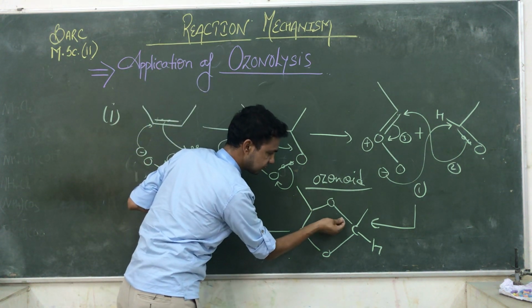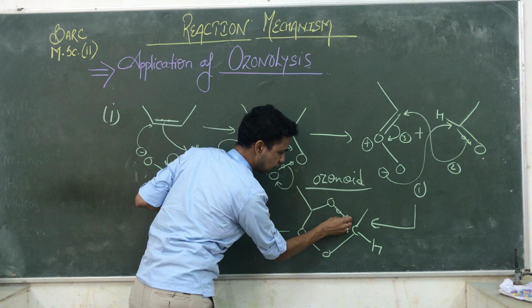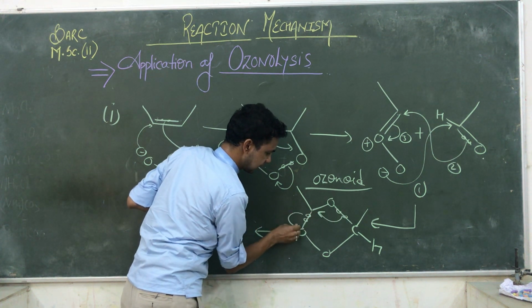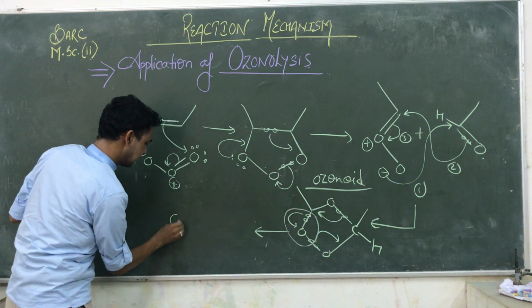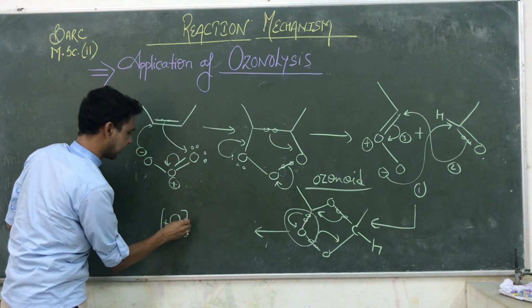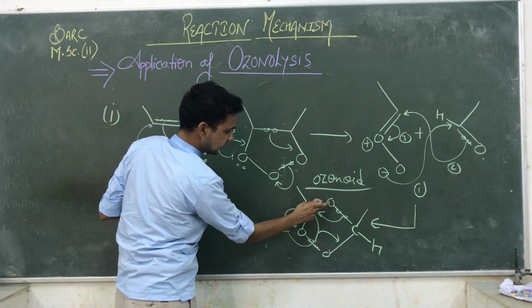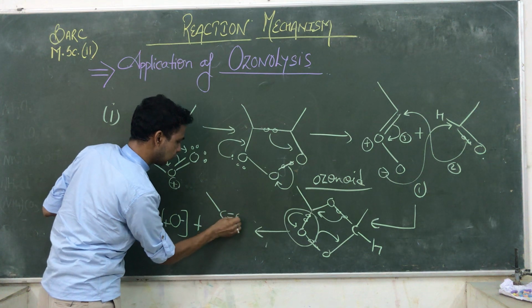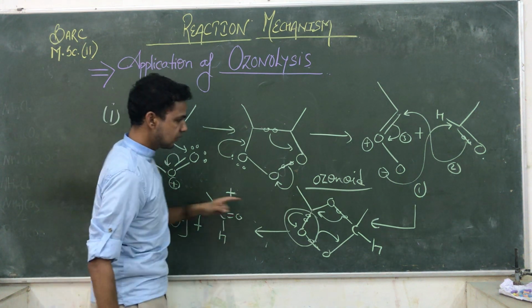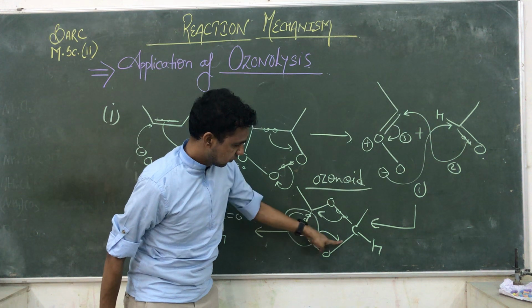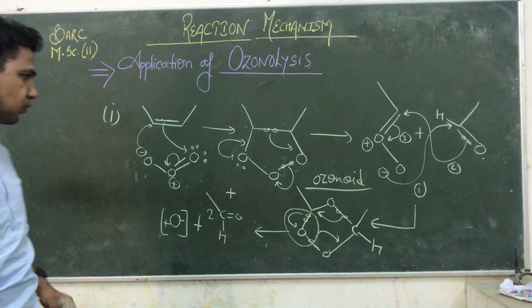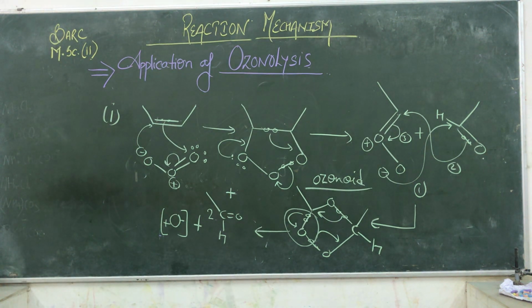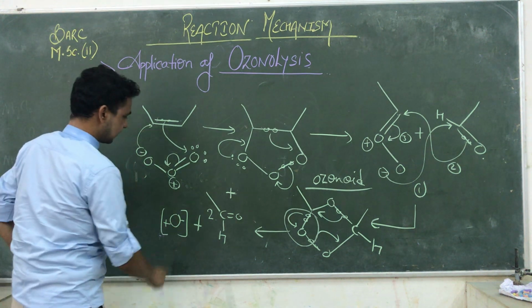So again, what happens? Decomposition takes place. This bond is coming here, this bond is coming here, and this bond is going here. See, nascent oxygen is forming here. They give you a nascent oxygen, and this carbon double bond O and H. The one aldehyde gives you this carbon double bond O and H. Two aldehyde molecules are forming. So that is the ozonolysis process. It is a very good method for the synthesis of which type of compound? Aldehyde type of compounds, and they give you a nascent oxygen.